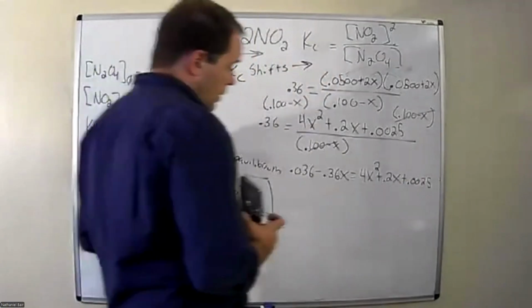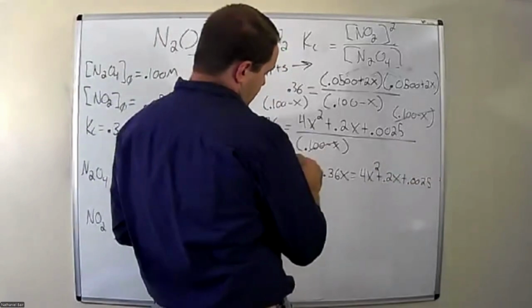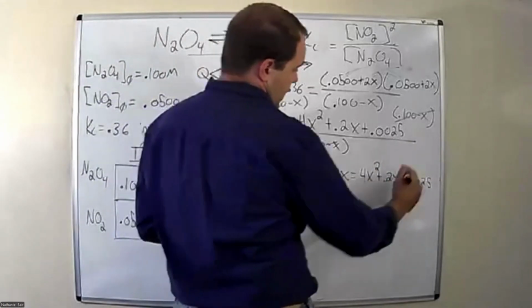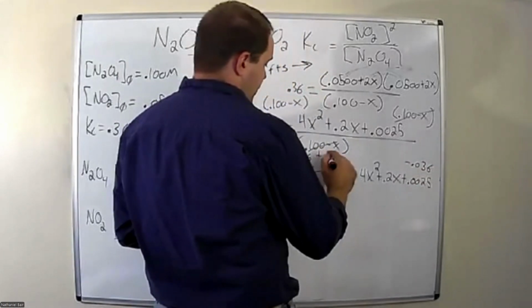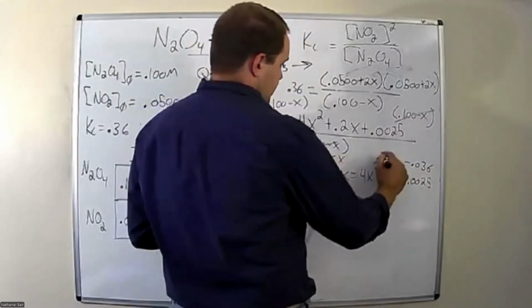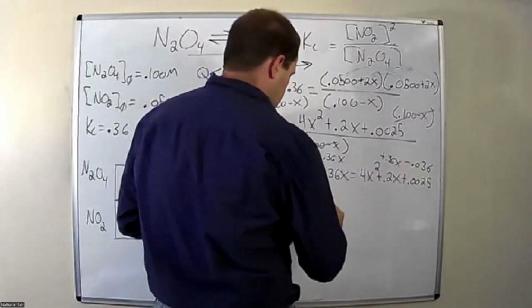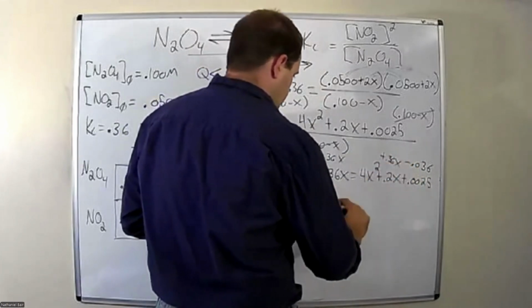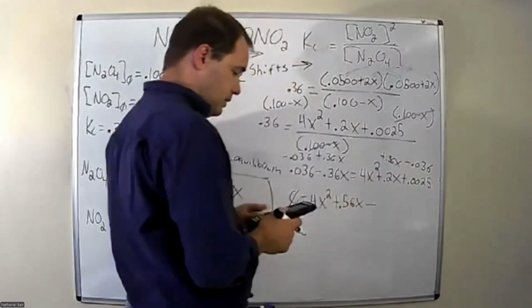Now we need to get everything equal to 0. So we are going to subtract 0.036 from both sides, and we are going to add 0.36x to both sides. And we are going to get 0 equals 4x squared plus 0.56x minus